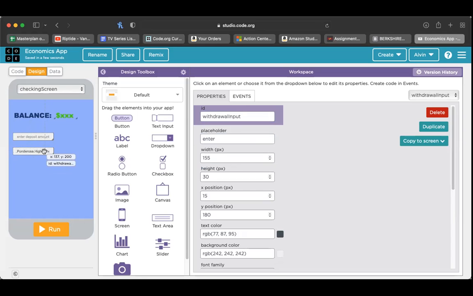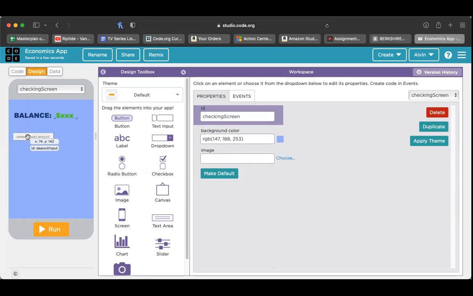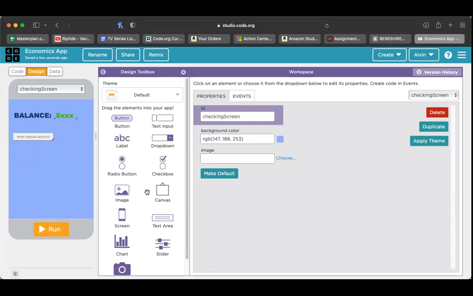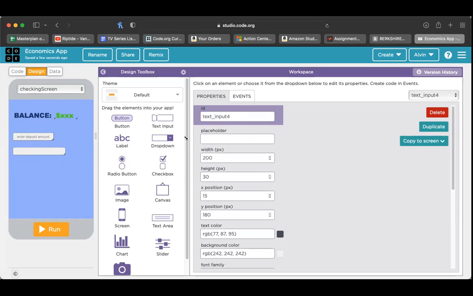Let me get rid of that. Let me try again with this one. That is weird. Why don't I just go ahead and put in another one? And we'll call this the withdrawal input, and enter